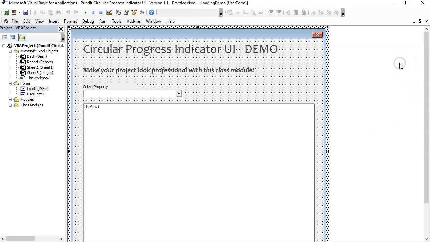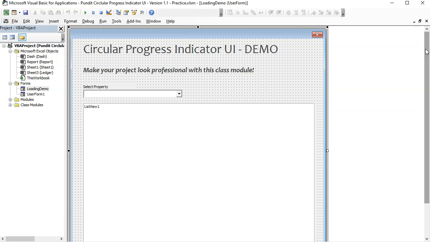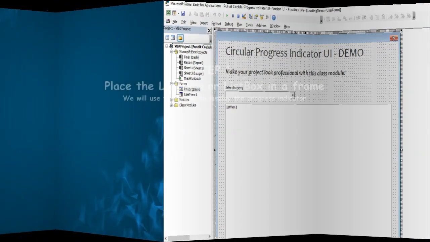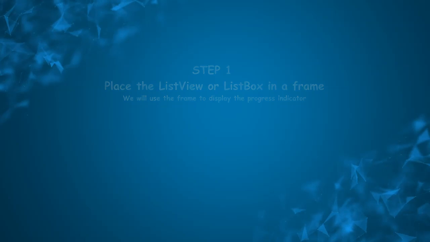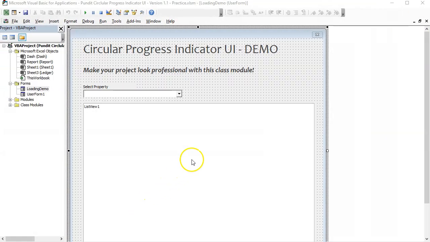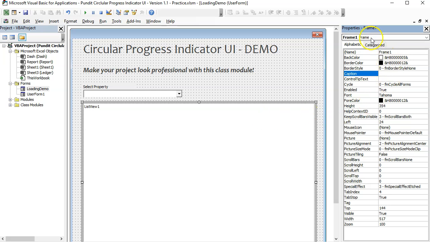Here in our practice user form, I have written the same code that filters property transactions from the ledger and displays a report that is understandable to the user. I'm using the list view for the report instead of the cells this time. I have put this list view in a frame so that I can use the same frame to display the buffer. Yes, on a user form, we target specific frames where processing takes place. Good. Let's go to the code that does that.